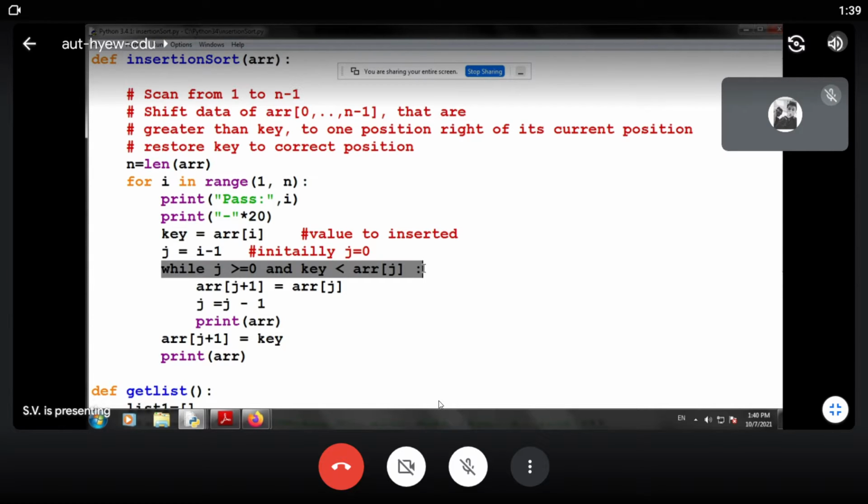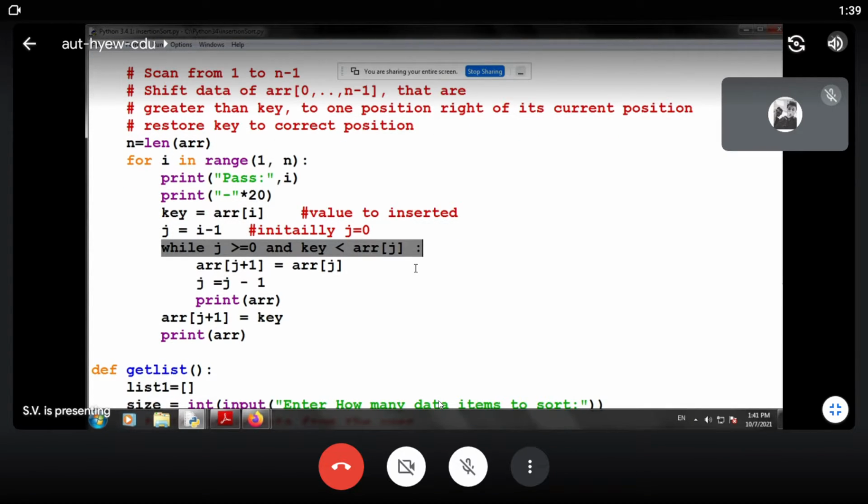If it is less than the 0th index, then the key should be inserted at the 0th index. Before insertion, we shift the entire array to the right. We will see the simulation of how to shift the entire array to the right. That is the cost of this algorithm, and for that purpose we are printing the contents to identify each step.